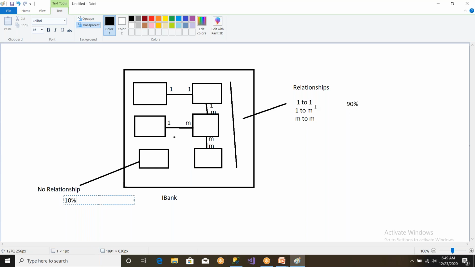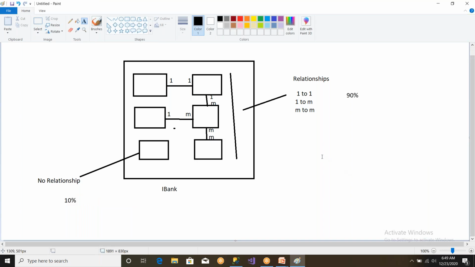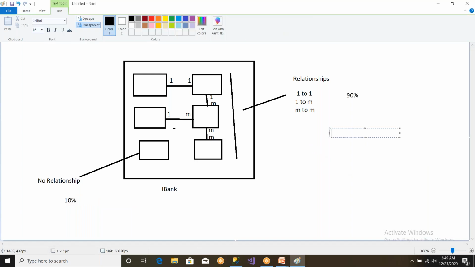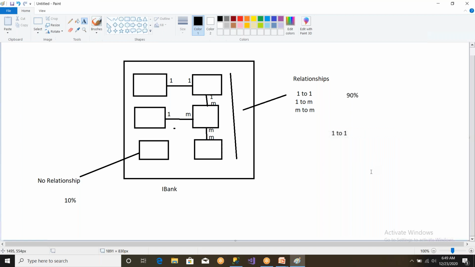So we have one to one relationship, one to many relationship, and many to many relationship. Clear? Let me take one example and let us discuss one by one. Now, let me take an example of one to one relationship. Can you tell me two tables, any two tables, that are in one-to-one relationship? For example,